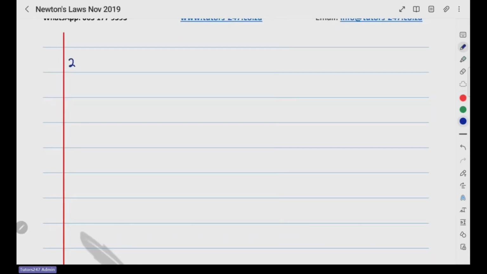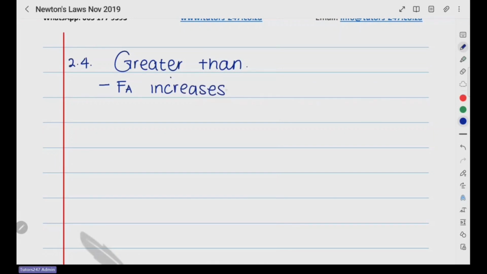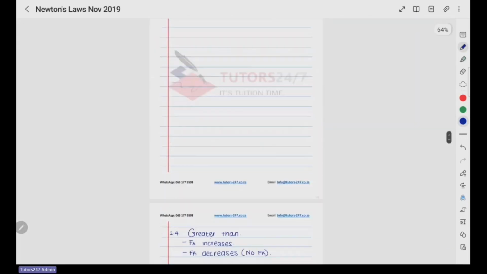So here we could say 2.4 is going to be greater than, and you could state because applied force increases, or you could even say because frictional force decreases, becomes 0, or there's no frictional force. Okay, so that is from a November 2019